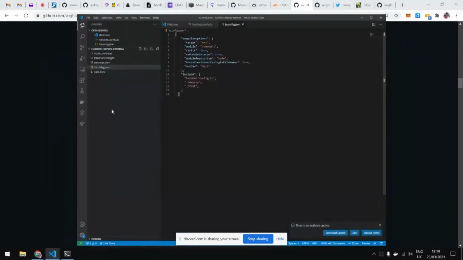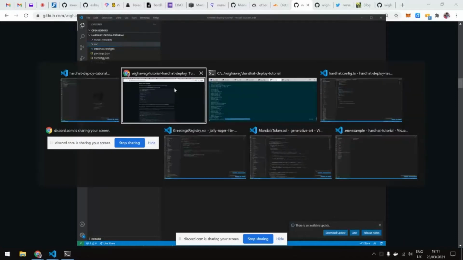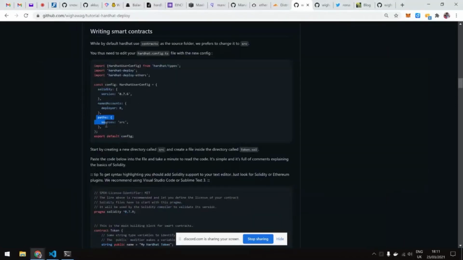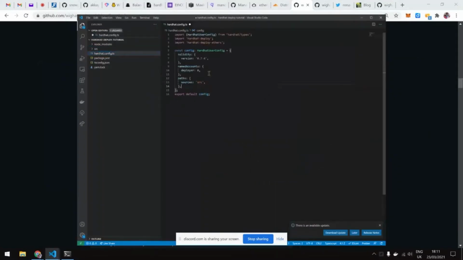One thing that I usually do, again, you are free to do what you want: I like to put my contracts in a source folder instead of a contracts folder. This is mainly because I usually put this in a monorepo setup where the whole Hardhat folder is part of a contract folder, and then there is a web folder, and another folder. So inside the contract folder, the source holds the contracts. This means I need to add the configuration to the Hardhat config